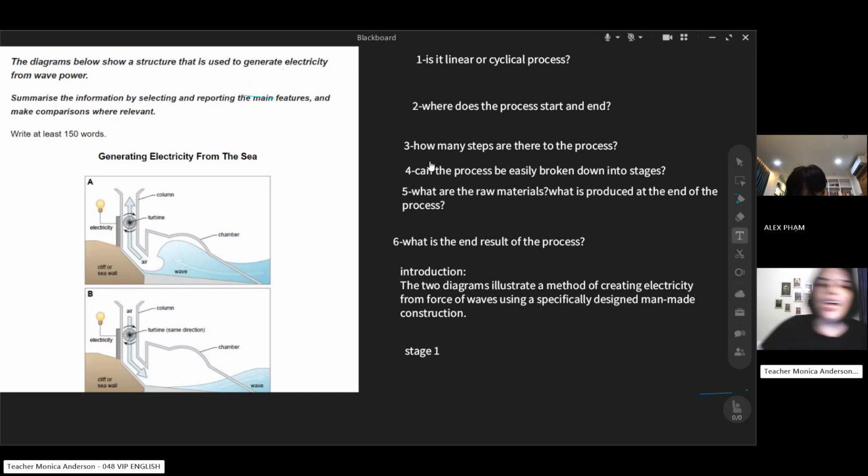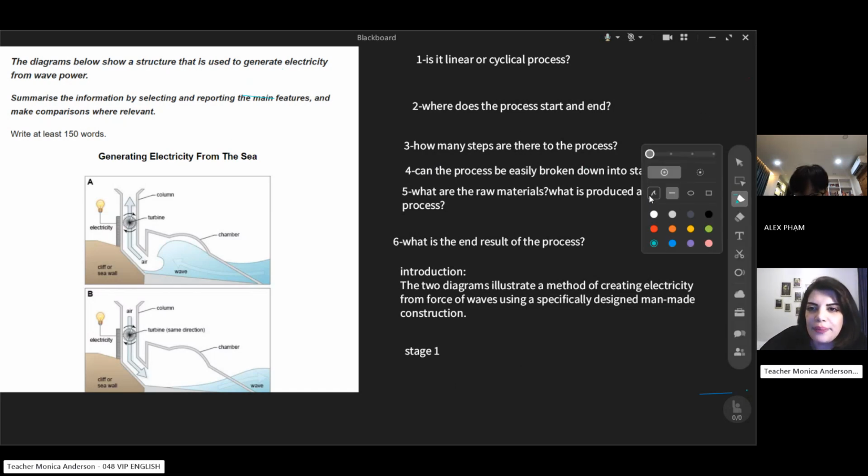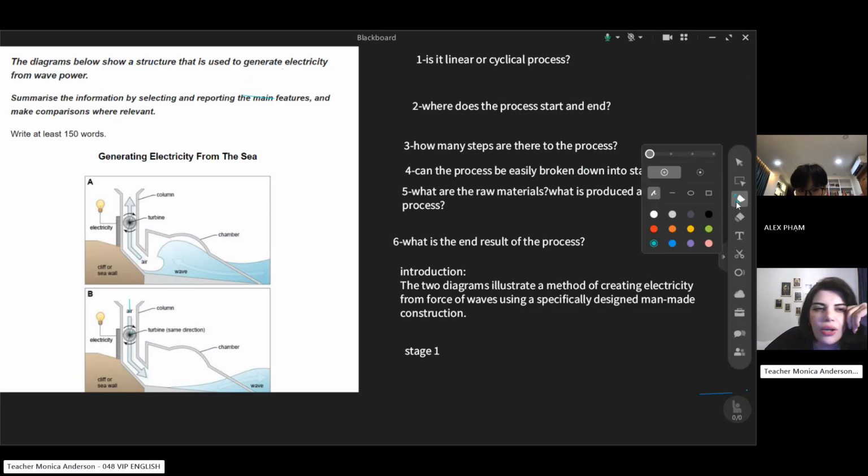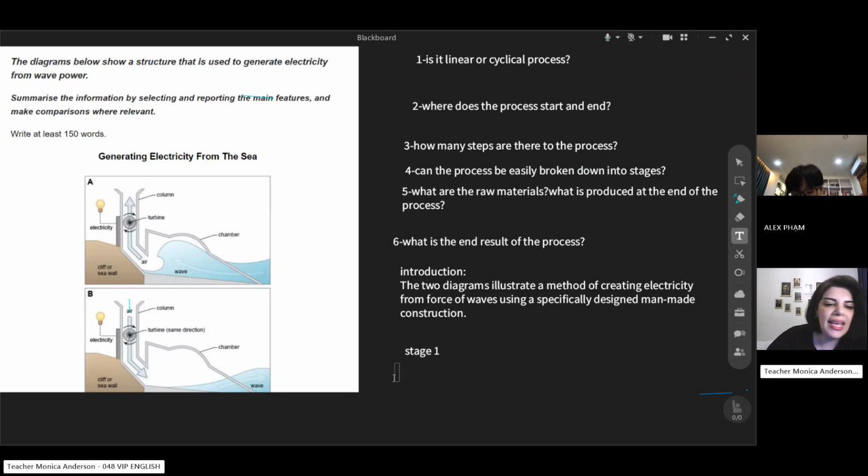Well, so, okay, stage one, what is going on here? Let's see. As you can see, here wave, air, flows into the structure. And again here, as you can see, wave, we have receding, it goes back, and it pulls air into the column. So let's write it. Stage one, that is diagram A. So I can say electricity is